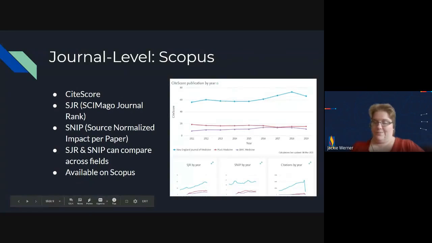All right. Next up are factors that can be found in Scopus. So Scopus has 3 major factors: CiteScore, SJR, or SCImago Journal Rank, and SNIP, Source Normalized Impact per Paper.